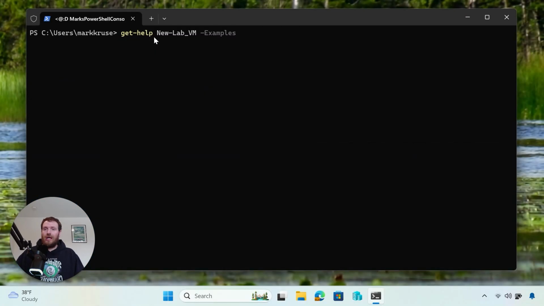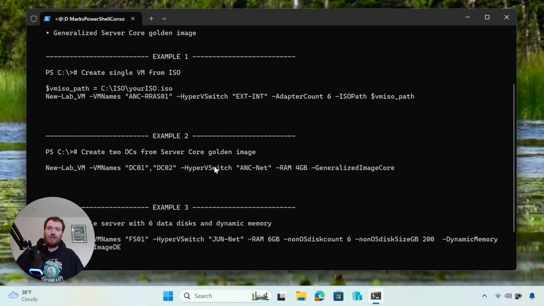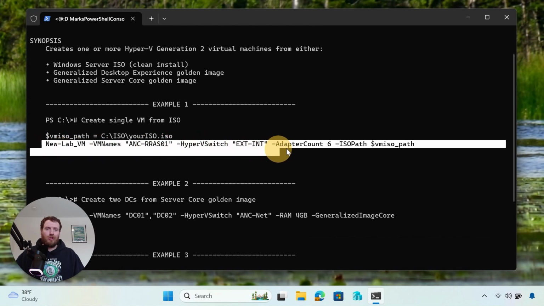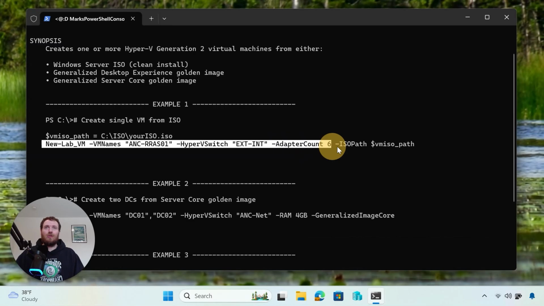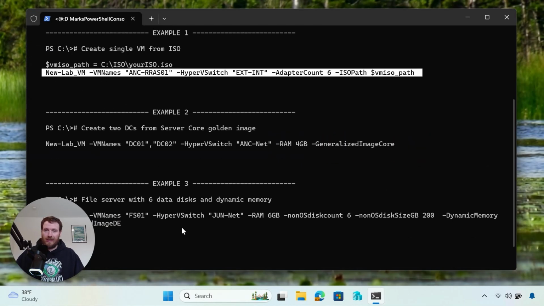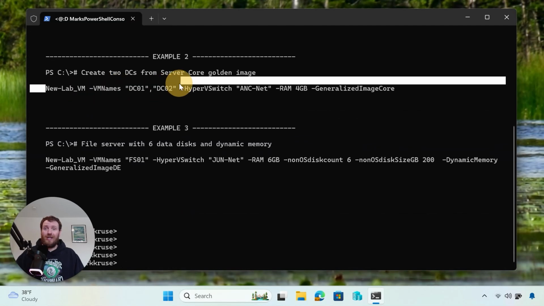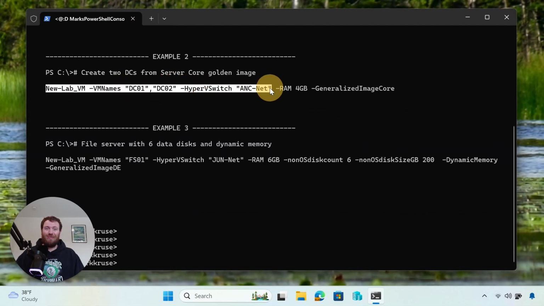So when you use the git help command with the name of the function, we can use the examples parameter to show some of the examples of the command. This first one creates a new virtual machine with the external Hyper-V switch with 6 network adapters using a ISO image. This next example shows how the command creates 2 VMs using the AnkNet Hyper-V switch,